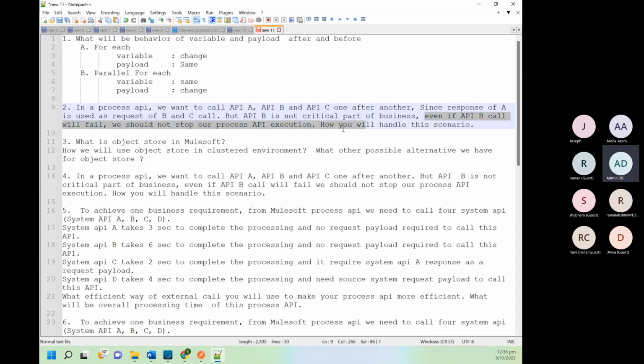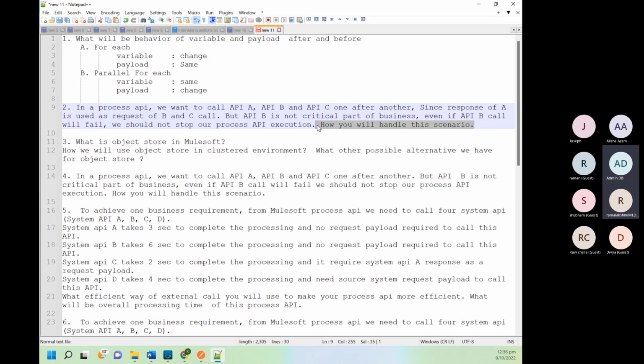Even if the B call fails, we should not stop the processing of our API application. How will you handle those scenarios? So what will you do for this?